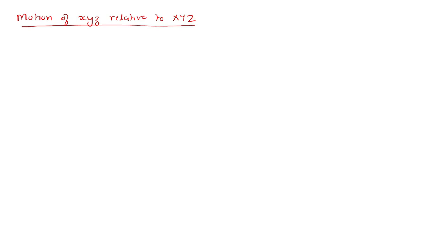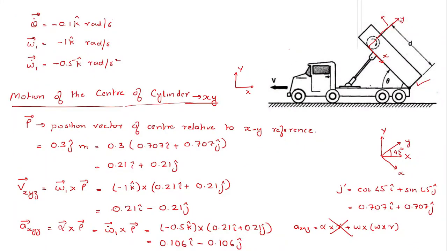That means how this secondary reference frame here changes relative to the fixed reference frame capital XYZ. Now in this figure you can see that this truck here is moving towards left with some velocity, okay, and zero acceleration. So the reference frame